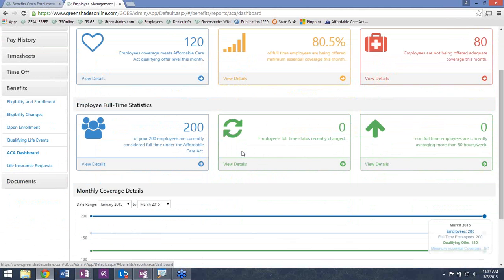So this is just telling us that every single employee that we have is a full-time employee and should be offered insurance. This is where we're going to get the updates of the employees' full-time statuses that have recently changed. This is going to just simply tell us over the past period of time what employees have had a status change.